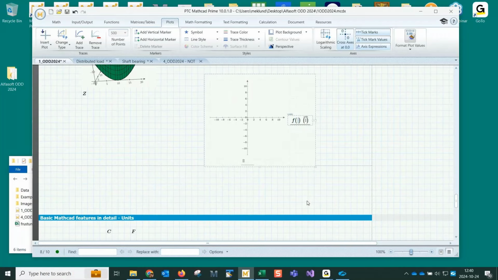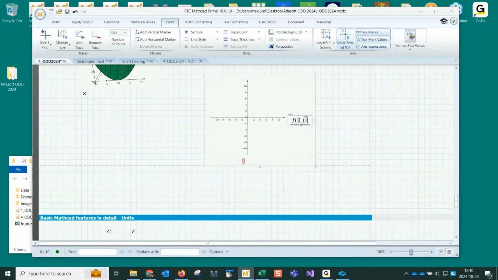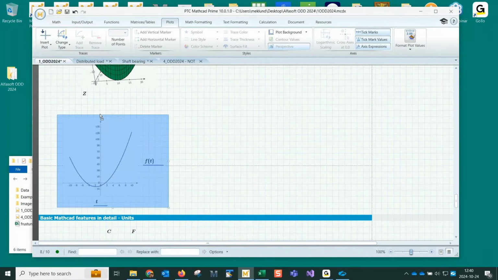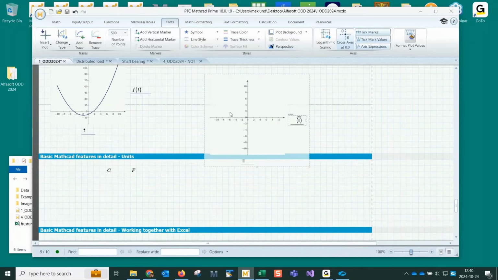I probably don't want to use x because x has a value and it looks like a matrix, so I don't want to use that one. Let's use t, something that is not defined in Mathcad. Then I know that Mathcad will fix the data points for me. So in this case, here's a plot of my x function. An easier example would be to use